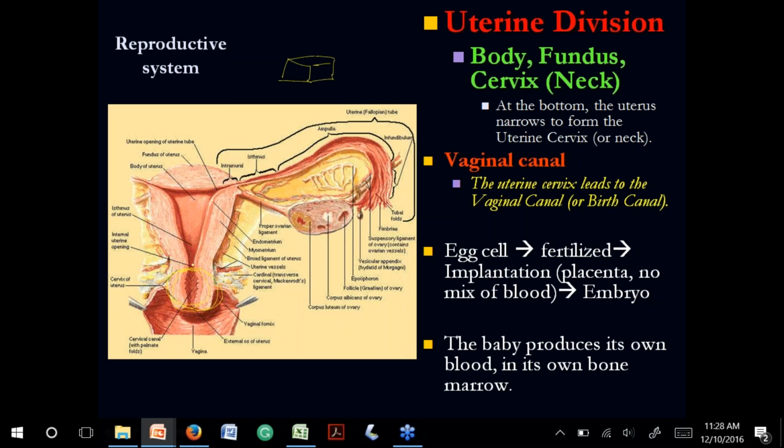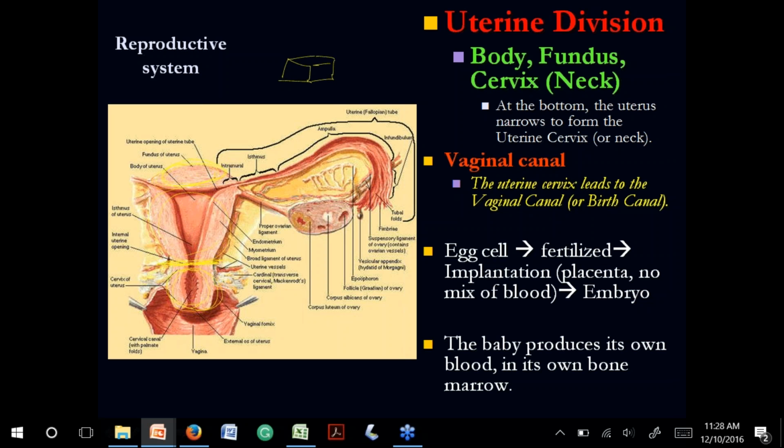Then can you see an arrow? This is like a waist of the uterus. This is the end of the cervix. Then it continues with the body of the uterus, which is the most prominent or largest portion of the uterus, and then we have the fundus. A very suggestive name, the fundus of the uterus. It's going to be at the top of the uterus.